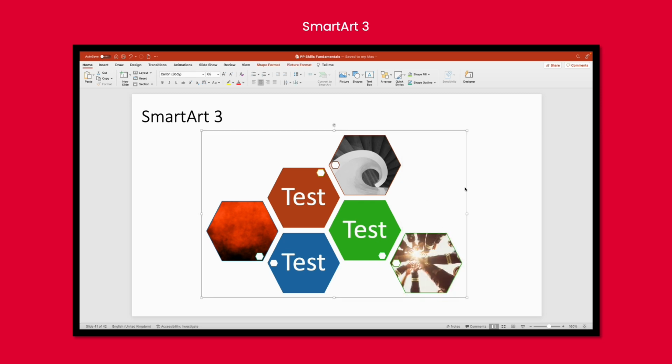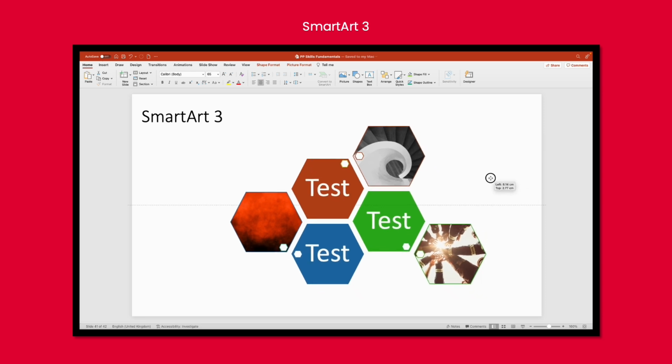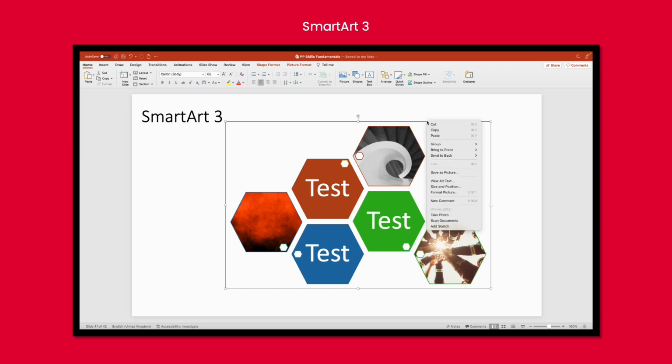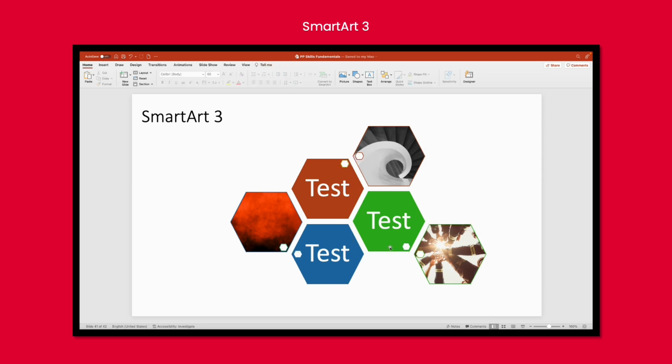What that does is it now gives me a grouped collection of shapes with the text and images, and because I want to change the individual elements, I'm going to right click again and ungroup everything. So now every single piece of this smart art has been individually separated for me to use and adapt as I see fit. So I want to get rid of these small hexagons. So I'm just going to delete these, just clicking on them and deleting from my keyboard. I'll get rid of those